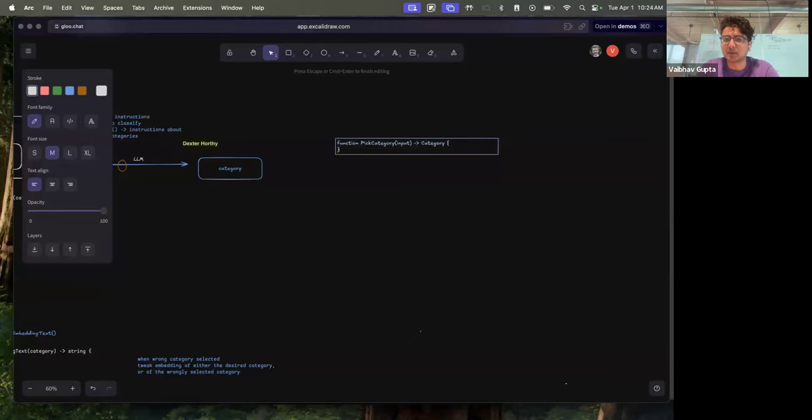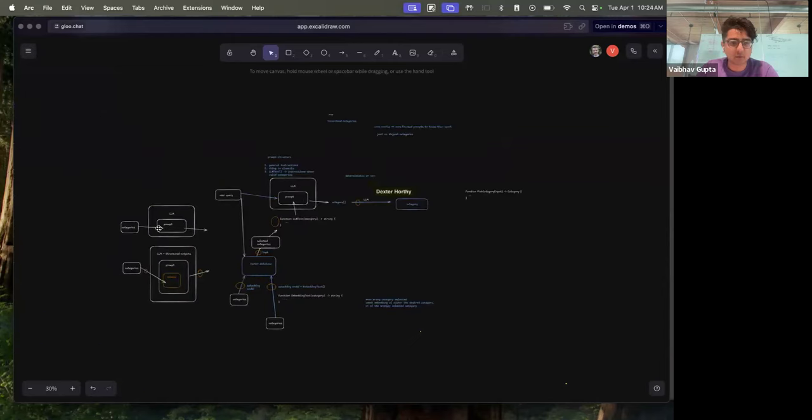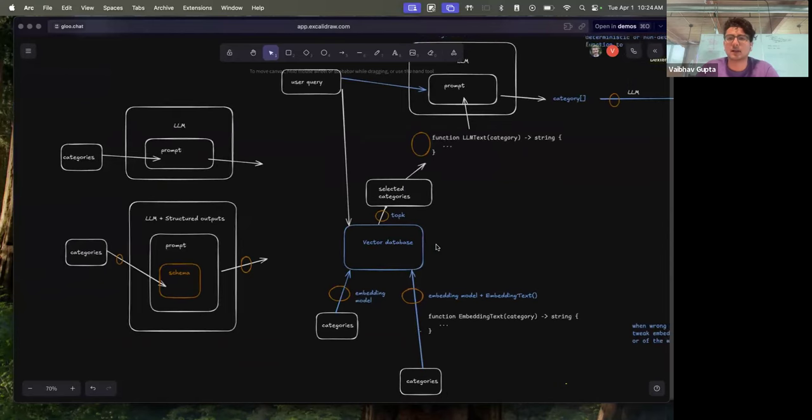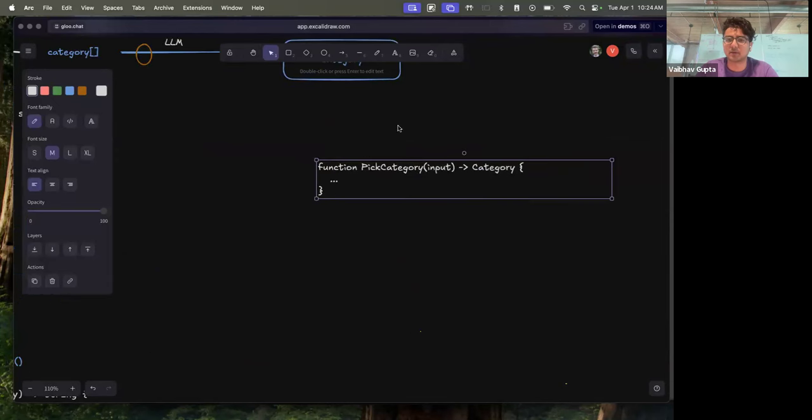And every single technique that we described from beginning to end, every single one of these techniques, even the most simple one of just an LLM using structured outputs, or using a vector database to pick a category, doesn't really matter. All of them are just implementations of this function, pick category. We just have different implementations of this function where we add more and more sophistication. Because if this whole thing is done by an LLM, then we know the only point of input we have